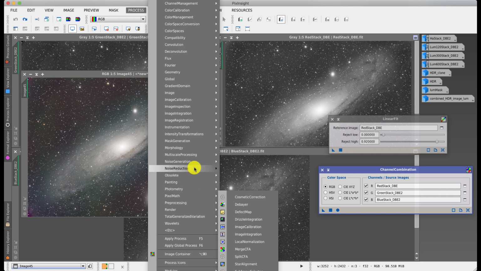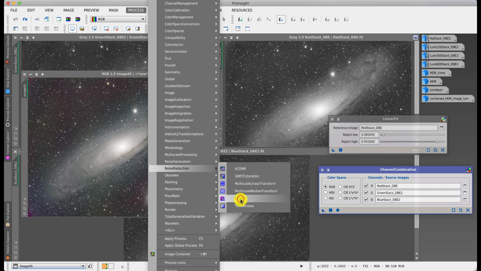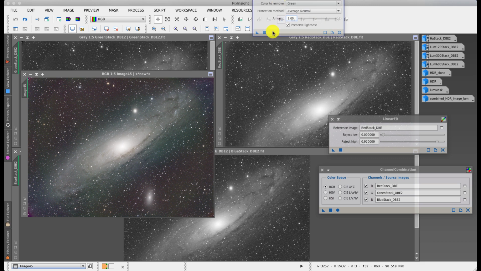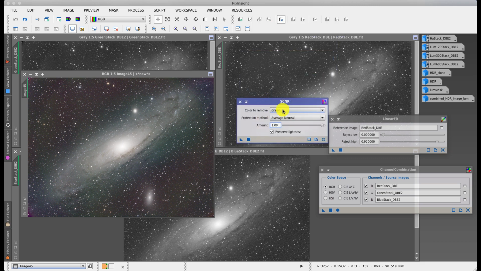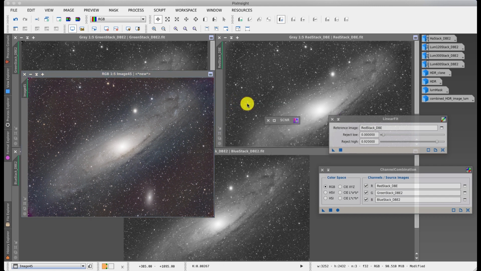And it's under noise reduction, and it's called SCNR, which is Selective Colour Noise Reduction. And it defaults to green because it knows what the problem is, and you can apply it and it will take the green and convert it to something else, which is normally the neutral background level. And then what you can do is you can neutralise the background. So another way of neutralising the background is to look at